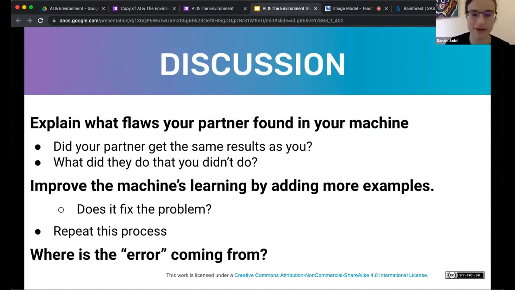So we talked a little bit about what flaws people found. How could we improve the machine? Usually you just add more images. Like in the case of the person whose pencil wasn't recognized in this direction, you just started recording more pencils in that